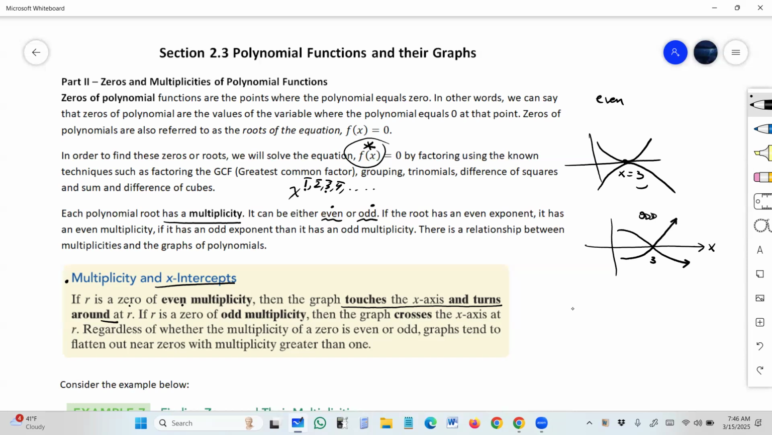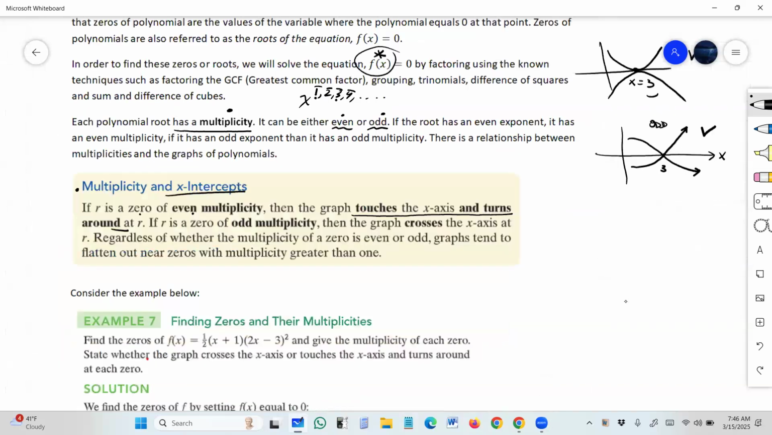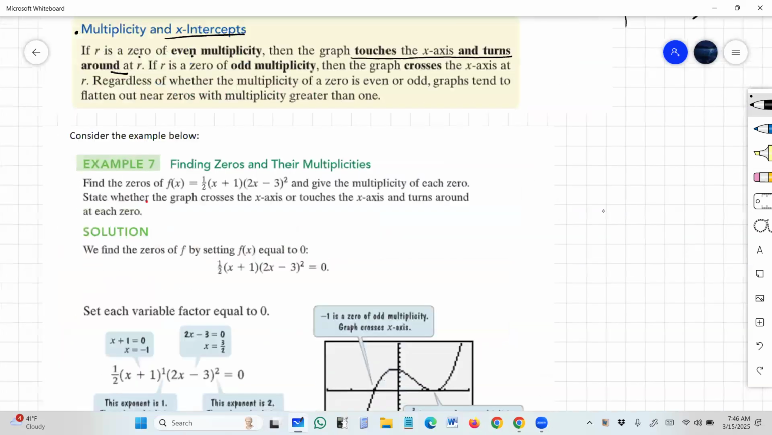And then I will show you how to determine the multiplicity of the root, if it is even or odd. And then we'll know if the graph will look like a bounce in the same direction or a cross into the other side of the x-axis. All right, so here's an example